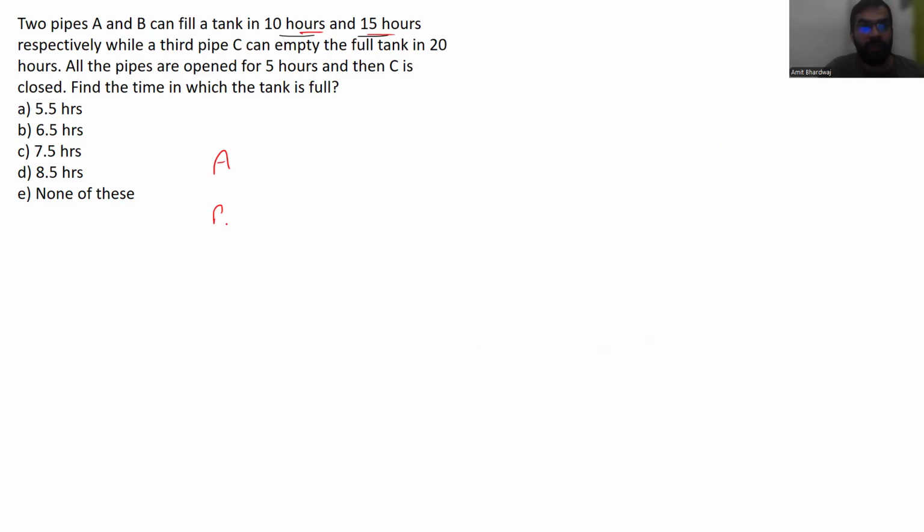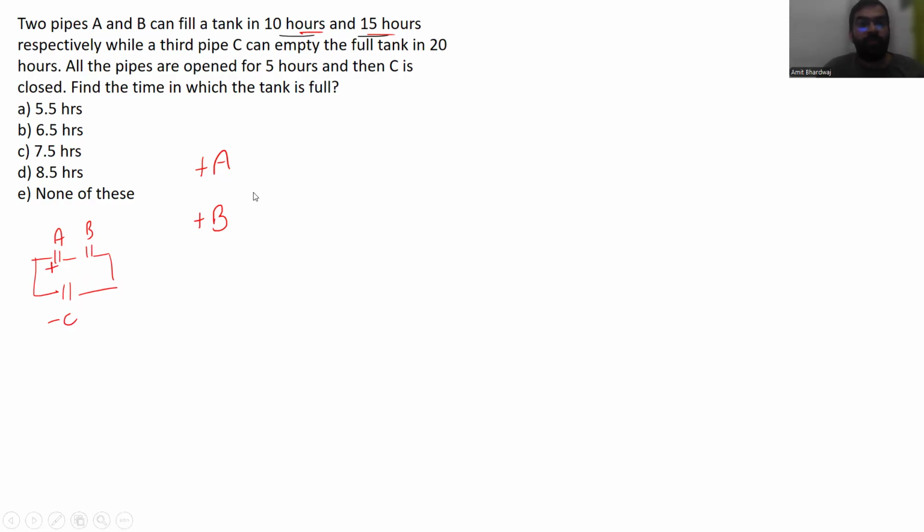A and B. The reason I'm using the plus sign is that in a tank, either a pipe can fill the tank or there is a pipe which can empty the tank also. The efficiency sign will change. If filling, you will take a positive sign. If because of some pipe the tank will empty, you will take the negative sign, because the water is going out from the tank.